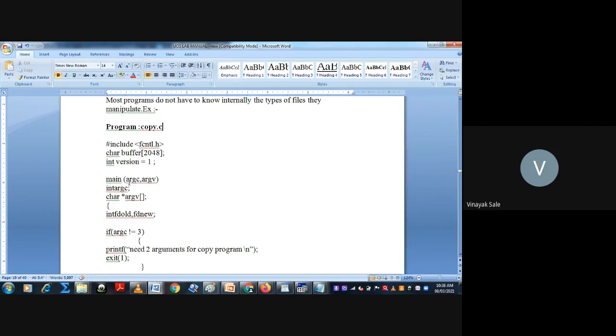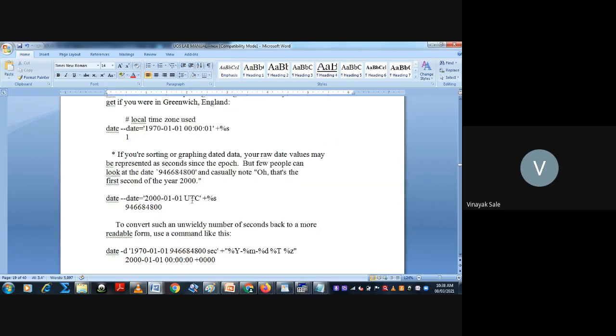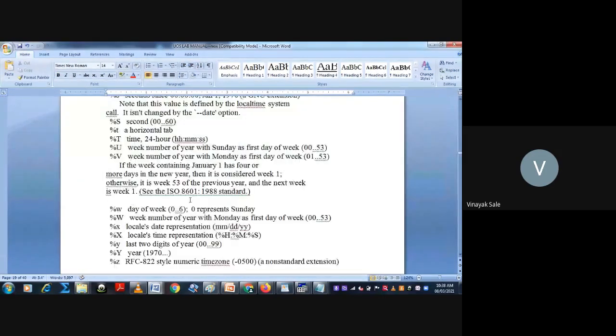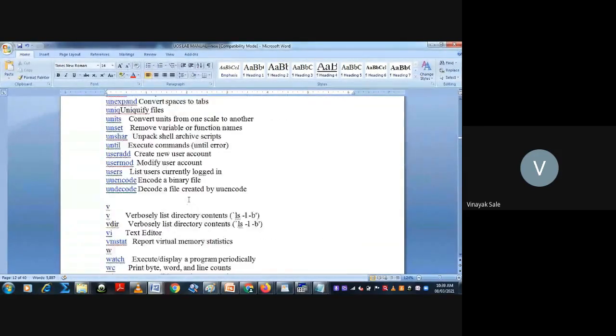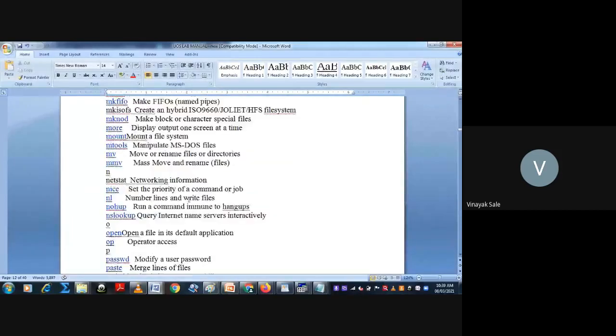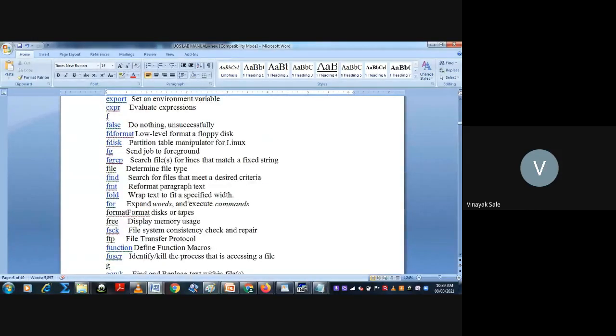Have you any doubt in experiment first also? There are different commands in experiment first. This is nearly about 15 pages of experiment.